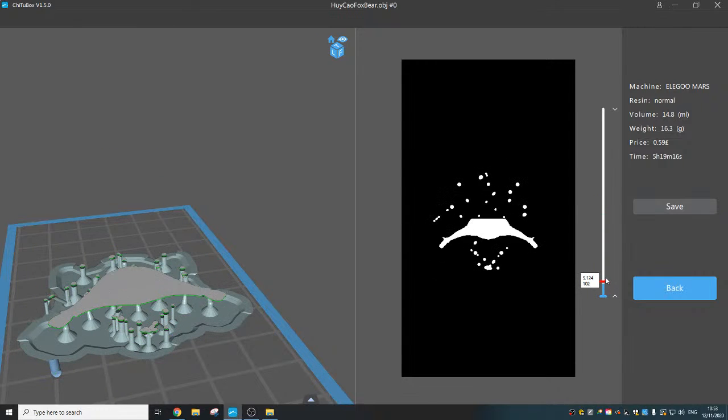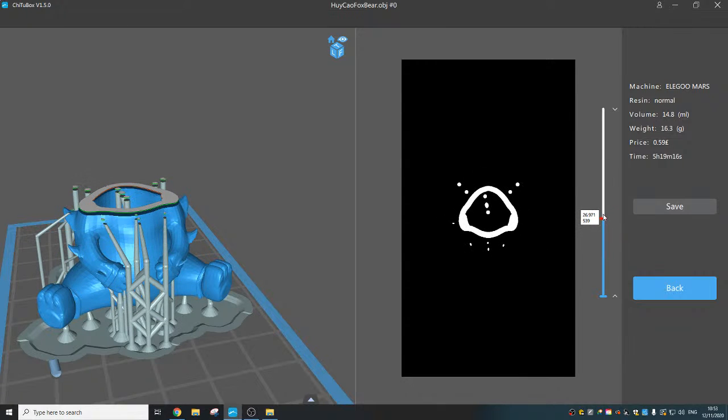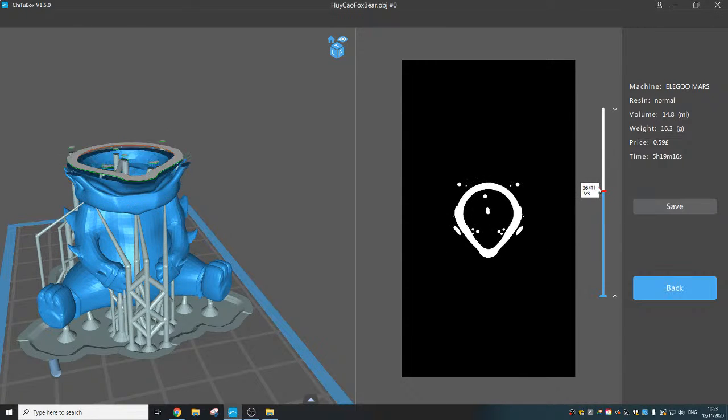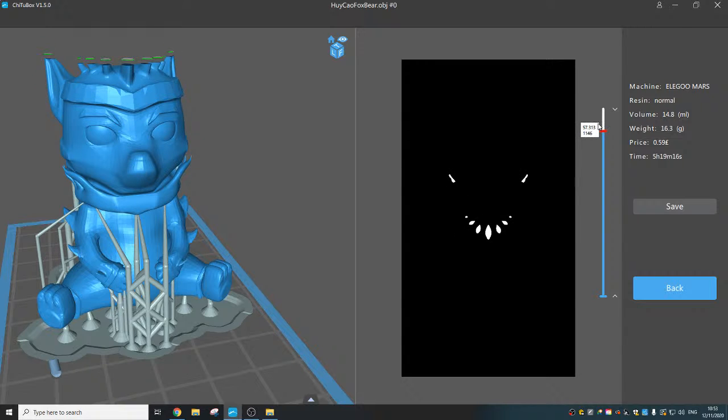Yeah, so you can see here what we have. It's like an MRI scan. So anywhere in the light will be hardened, and this is what is going to make our model. And if it's not in the light, it won't hold. Okay, so you can see here it says that this model will cost 59p, and it will use up this amount of resin, and it should take about 5 hours and 20 minutes to complete. Alright,